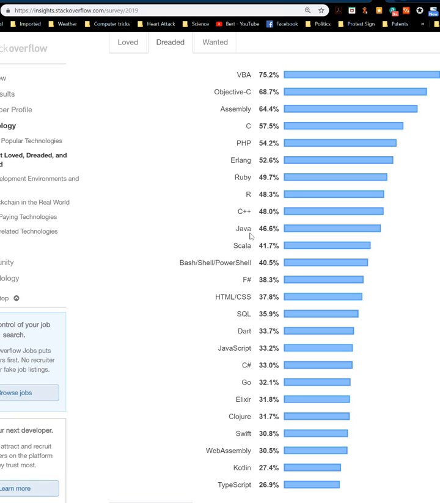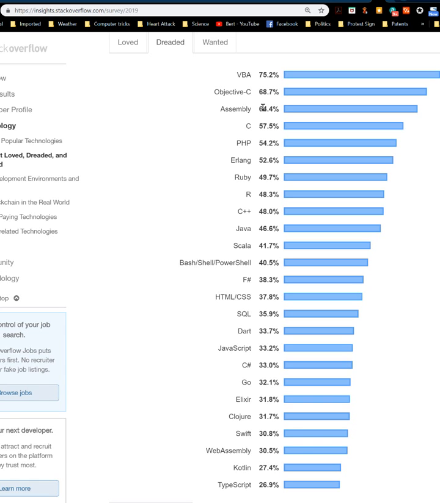So anyway, the most hated things: C is actually not liked that much. C is kind of an acquired taste, just ANSI C, but there are diehards out there that really do like it, though a lot of people dread it, and I can kind of see why. C++ is less dreaded, but people hate assembly language on the PC, I would imagine. I mean, I'd hate assembly language on the PC.